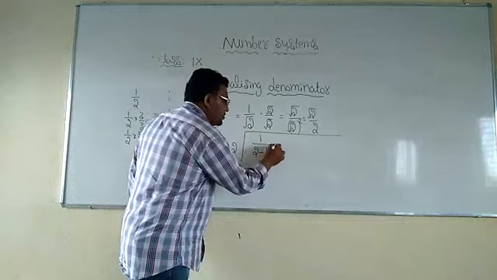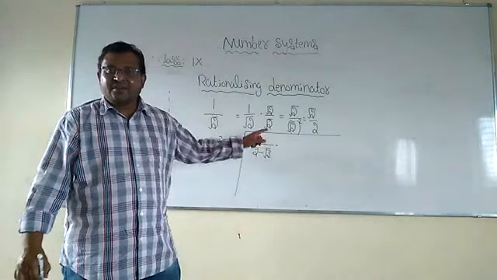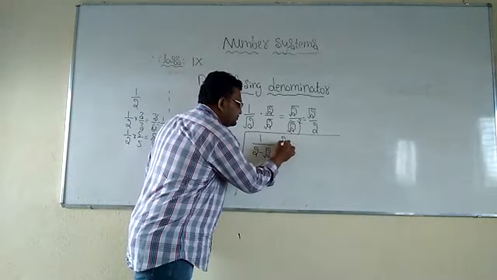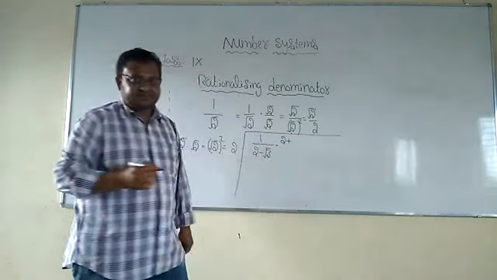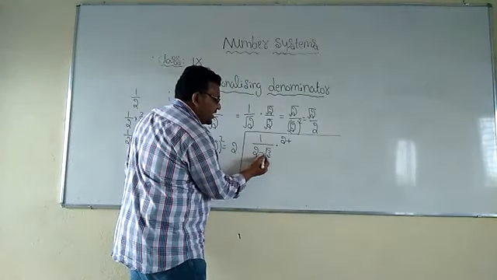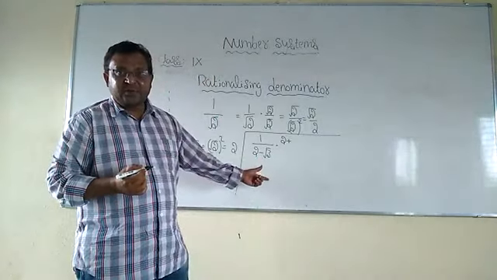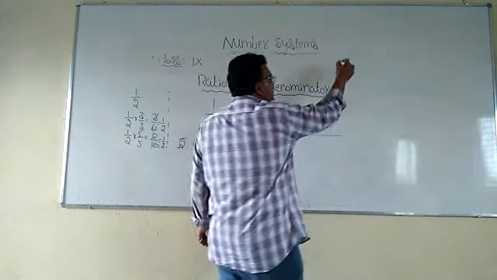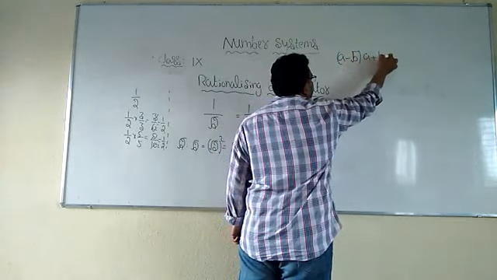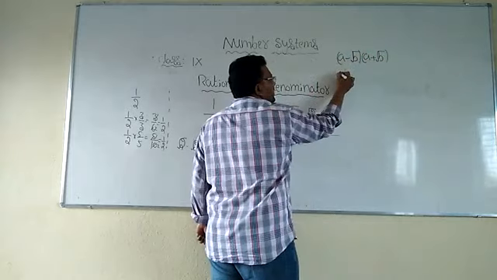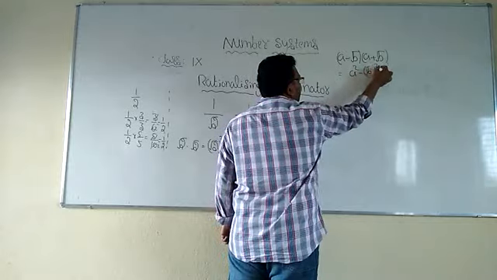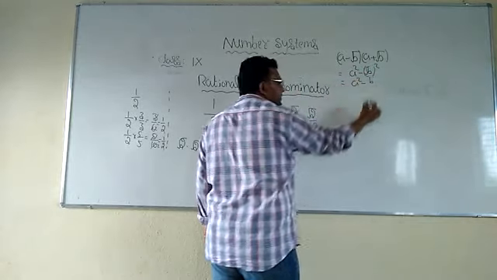So, what do we have to do? I have to write the equivalent fraction or equivalent expression of this given expression. That means, by using the formula I told in the previous class. It is of the form a minus root b. So, we know a minus root b into a plus root b is equal to a square minus root b whole square. That means a square minus b.